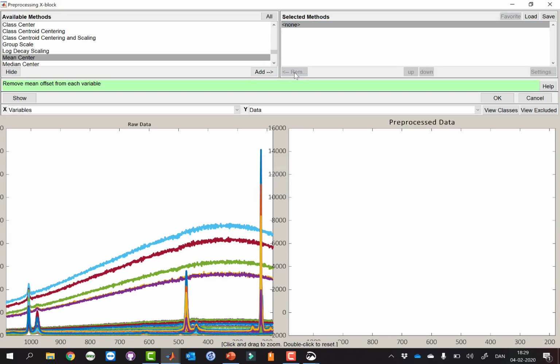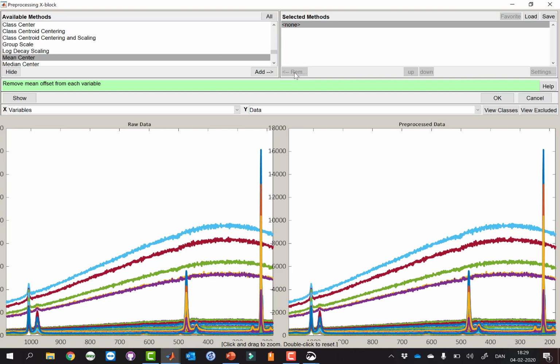But we do have some other methods that we can apply if we want to get rid of the baseline. These are methods that are specifically targeted to removing baseline, and there are many different methods available for that. In the PLS Toolbox, we have a few different ones to choose from. The most simple one is what is called detrending.